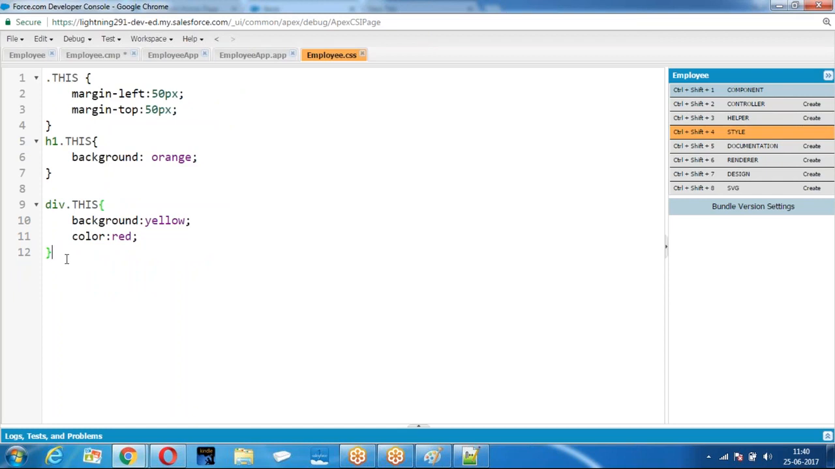Go back to this. What we are doing? Dot this, dot red, in the component the element whose class name is red. For the element whose class name is red, the background color